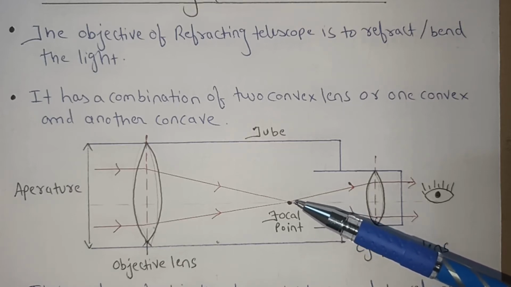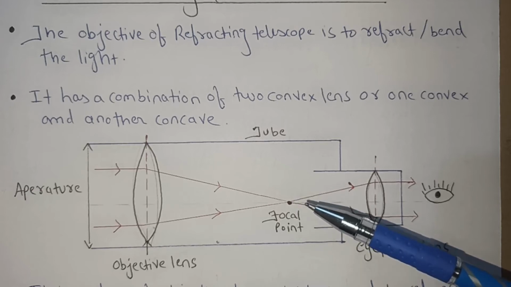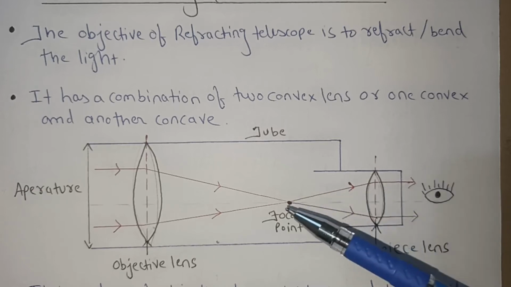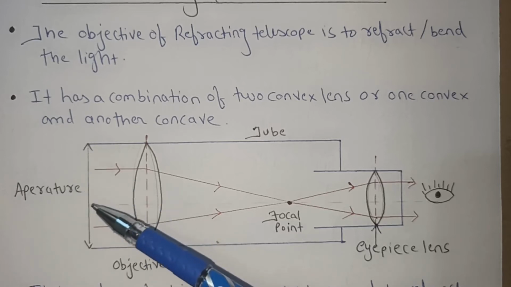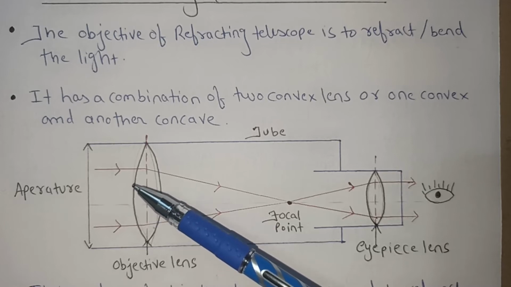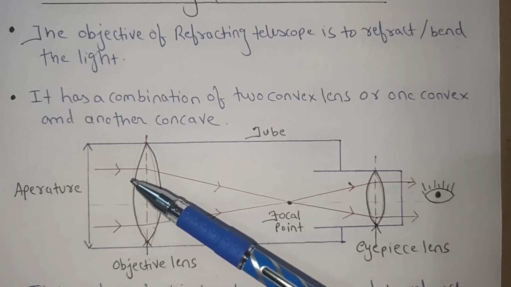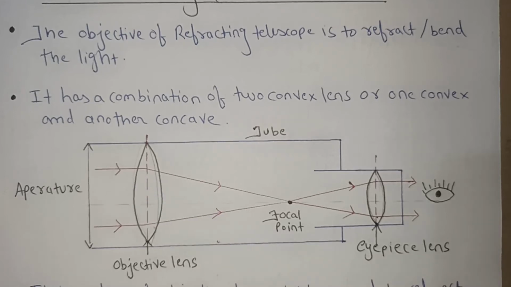Okay, now the point of focus is where the image is created, and the eyepiece helps the human eye in gathering the light and magnifies this image. Now this objective lens, or you can call it a primary lens, okay, is a convex lens used to focus, refract, or bend the light. Now the aperture measures the amount of light that the telescope is able to gather, okay. The larger the aperture, the more light enters the telescope, but an extra large aperture can be bulky and heavy. Now the eyepiece is a lens which is used to enlarge the image focused by the objective lens, okay, to form the final image which is viewed by the eye.